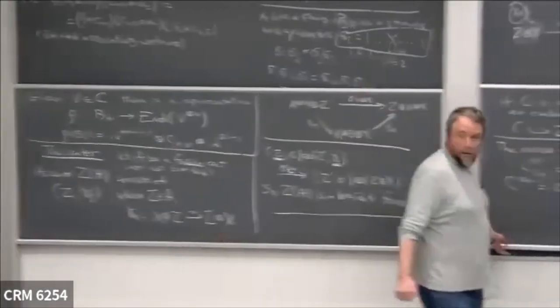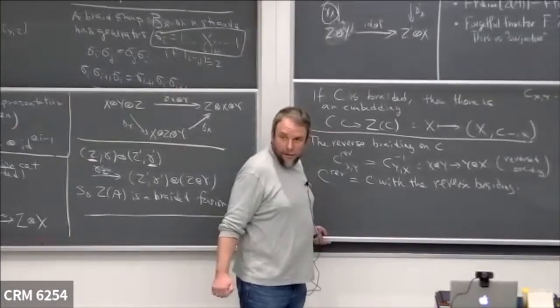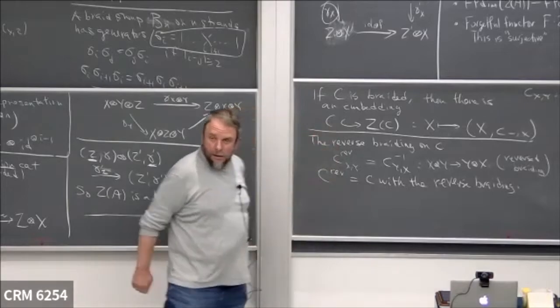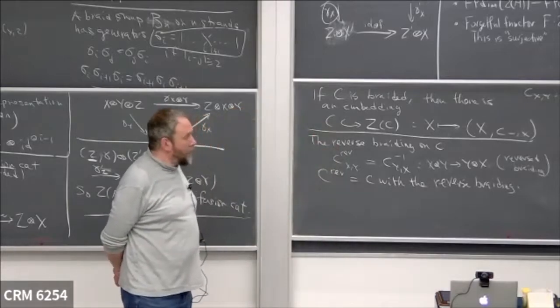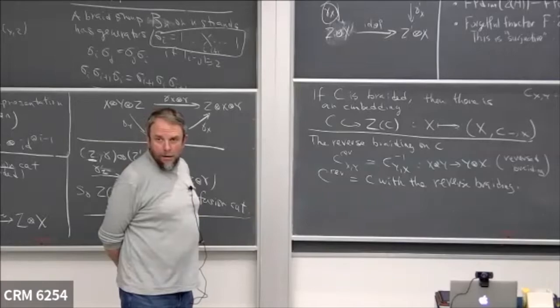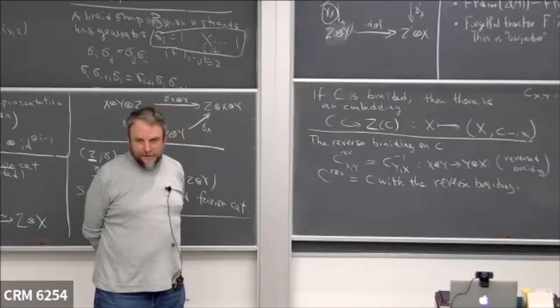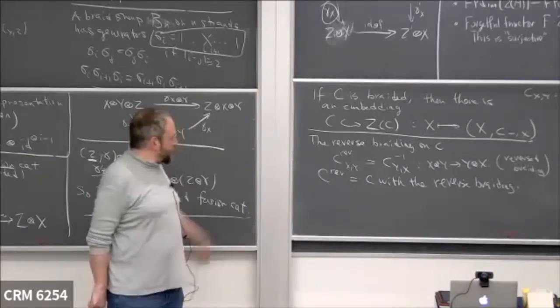Yes. So with this embedding you have written down, the category into its center, we know that that's not all there is in the center because of this theorem about the dimensions. That's correct. Is there any insight into what else is in the center? I was about to say,